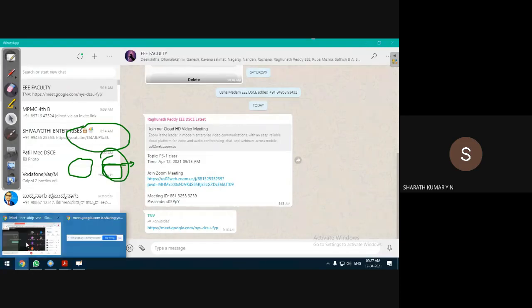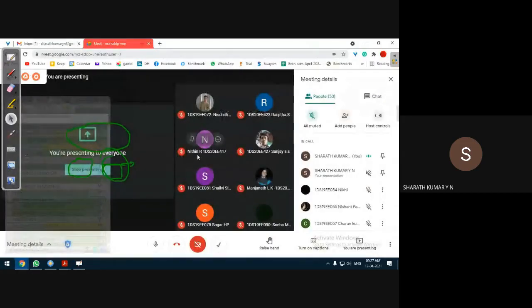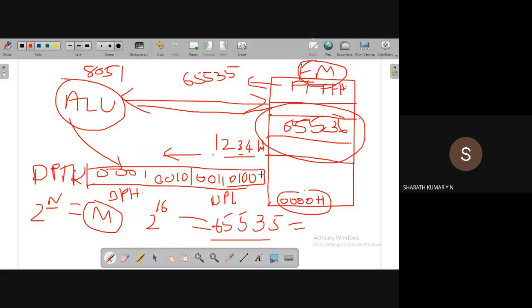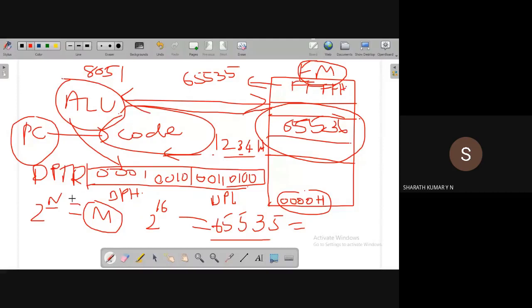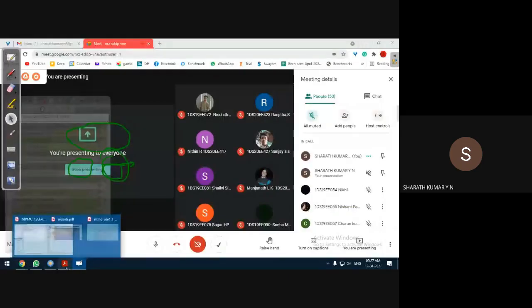Do you have some idea what DPTR is? DPTR's role is similar to that of the program counter, but the only difference is that the program counter accesses the internal code memory, whereas DPTR accesses not only code memory but also data memory stored in the external memory, not internal to the microcontroller. So that's about code memory.